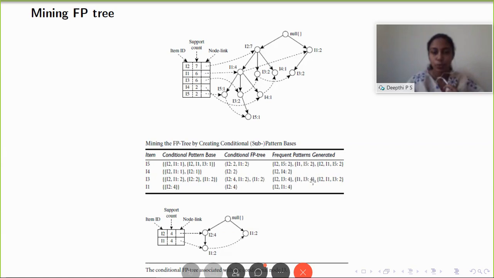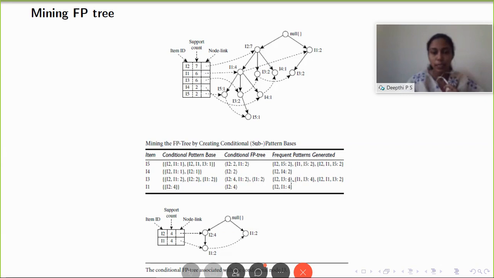So these are the two sets that we get here, and then we have to join these two sets. So I1, I2, I3, and the support count is again 2, not 4, because we have to take the minimum support count from this set. I2 has a count of 4 and I1 has a support count of 2. What is the meaning of this?